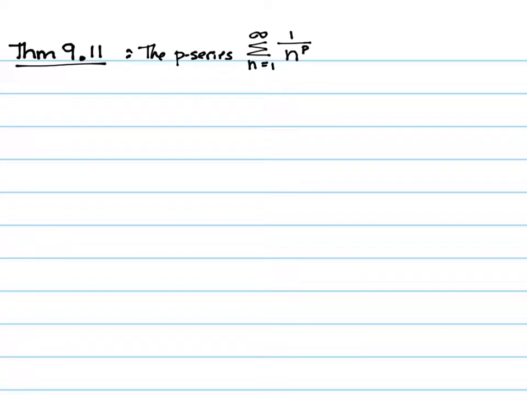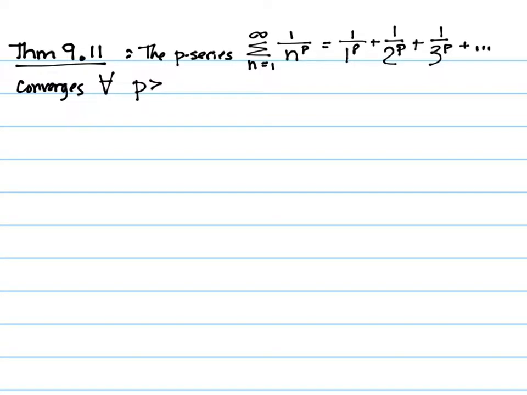In our last example, the harmonic series, p is equal to 1, since 1 over n is 1 over n to the 1. So this is any arbitrary power p. This would equal 1 over 1 to the p plus 1 over 2 to the p plus 1 over 3 to the p, and so on indefinitely. This converges for all p greater than 1